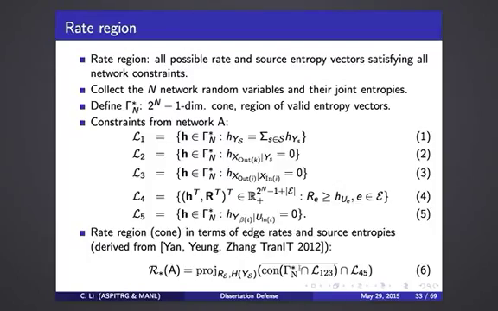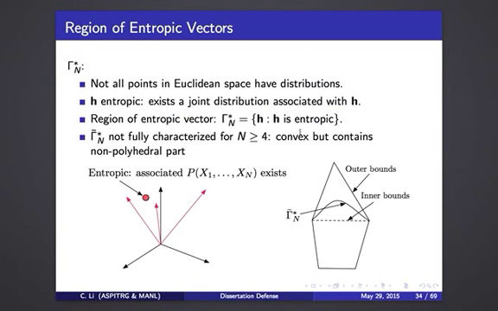and as you know, the region of entropic vectors, which is a 2 to the n minus 1 dimensional cone, contains all valid entropy vectors. It is known that not all points in the Euclidean space are entropic, since not all points have an associated distribution to make it a valid entropic vector. And we know gamma n star is not fully characterized yet for n greater than or equal to 4. It contains some nonlinear part, so that we cannot directly use the formula in the last slide to get the rate region. So the trick we used